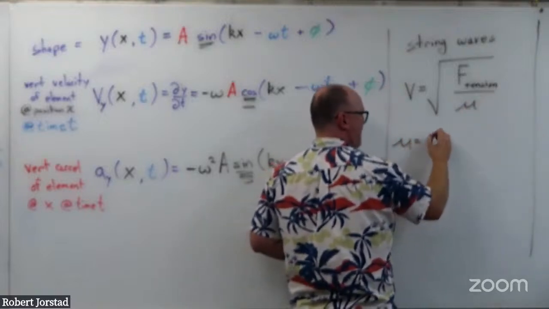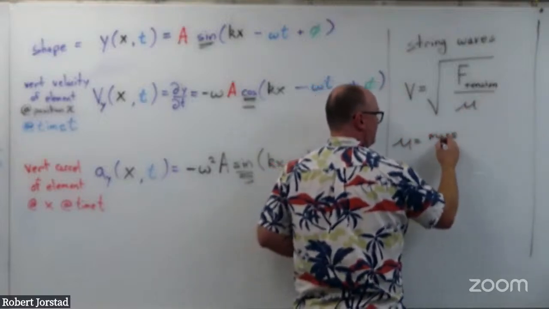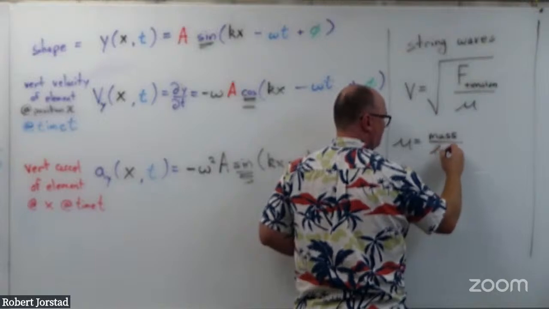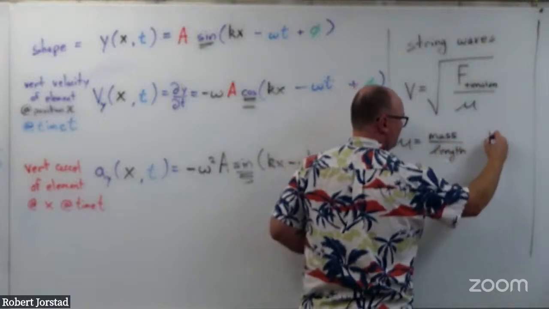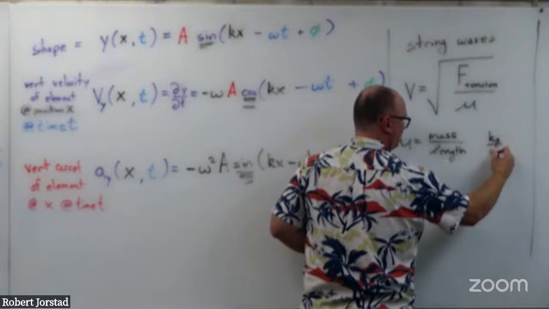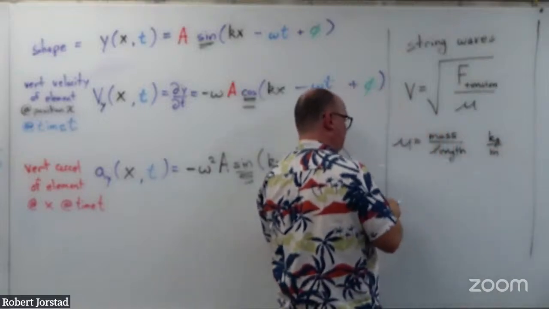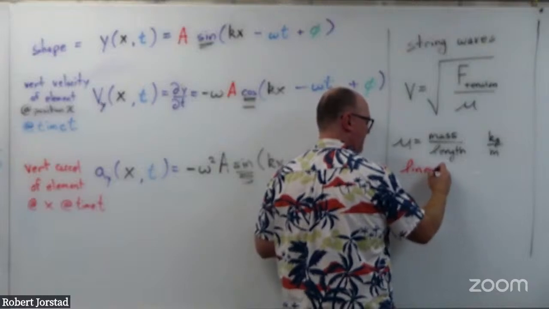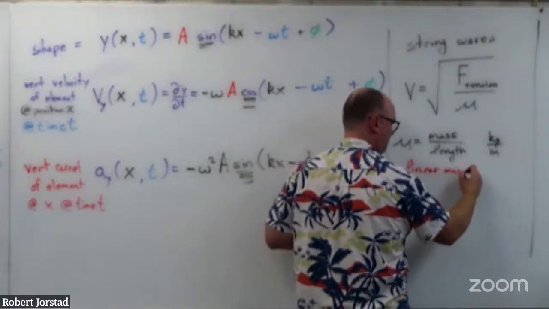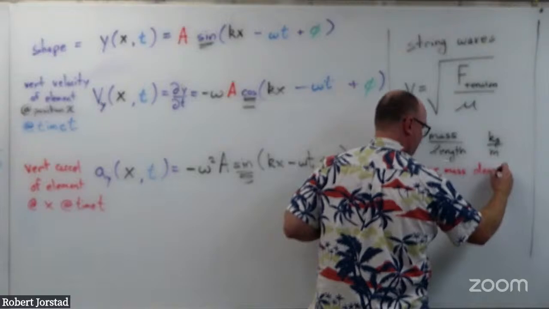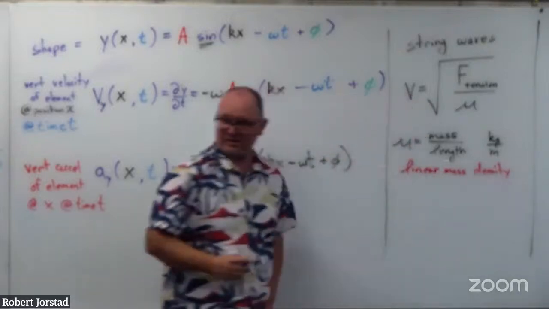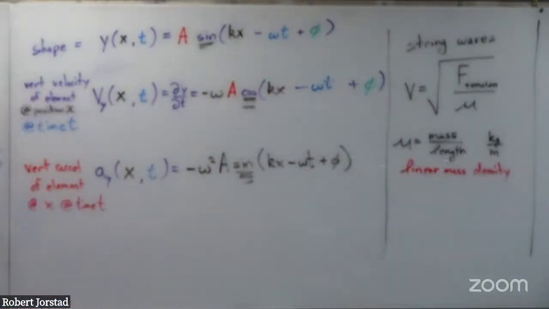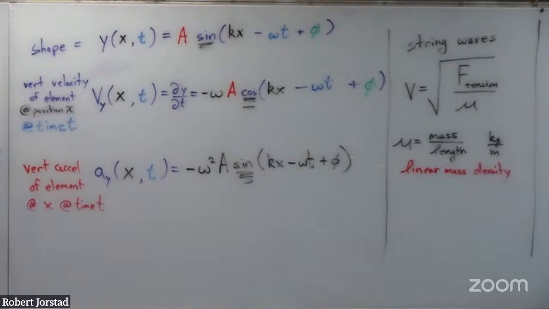Mu is mass per length, or kilograms per meter, or linear mass density. Make sure that's still on the whiteboard. Focus issue, come on. Okay, there we go. And just so I don't screw this up,